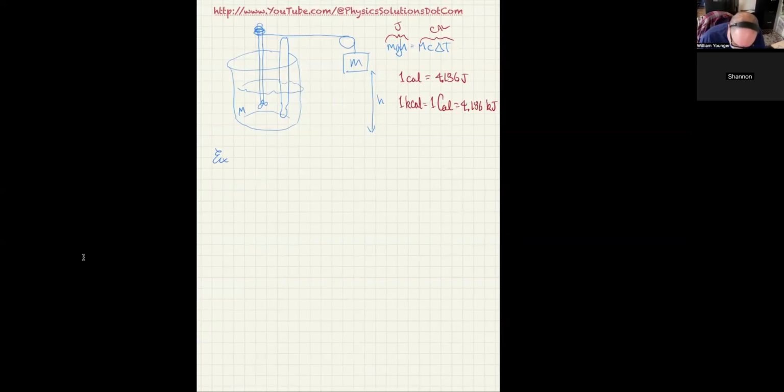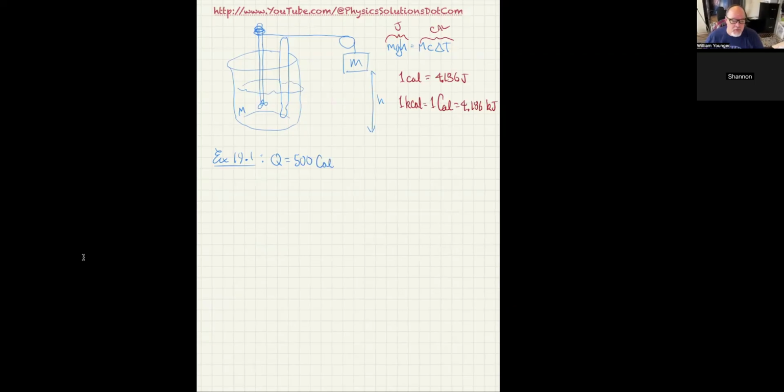So I'm going to go ahead and work the equivalent of example 19.1, and let me read that off. It says, suppose you throw caution to the wind and eat 500 calories of ice cream and cake. So I'm going to say Q is one of the forms of heat. Q is the symbol we use for heat, by the way. Q from this cake is 500 Calories, and I wrote that with a capital C on purpose.